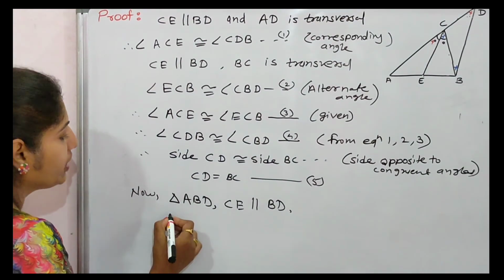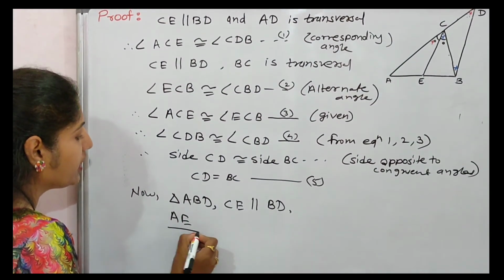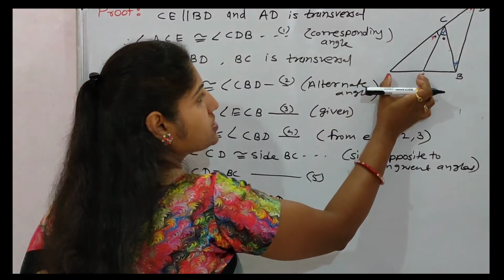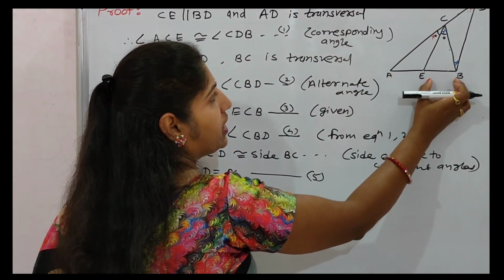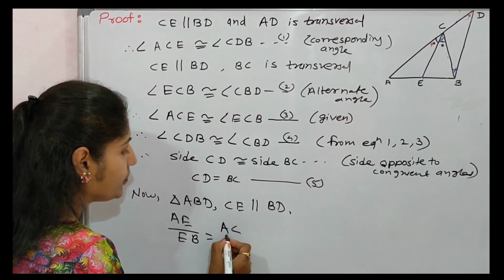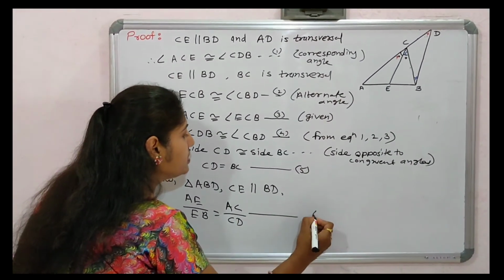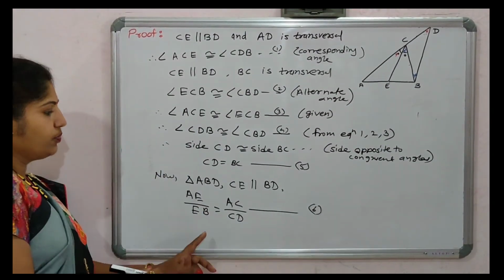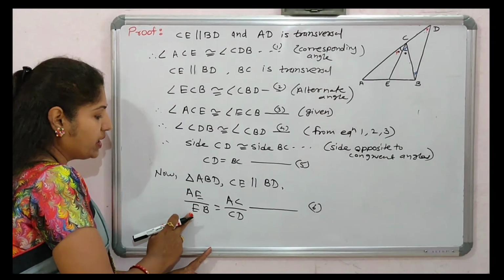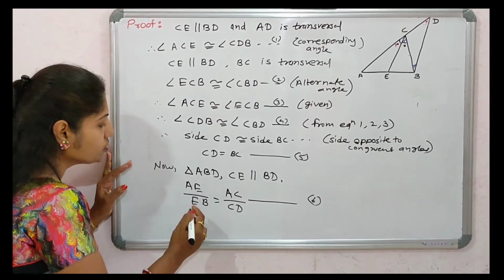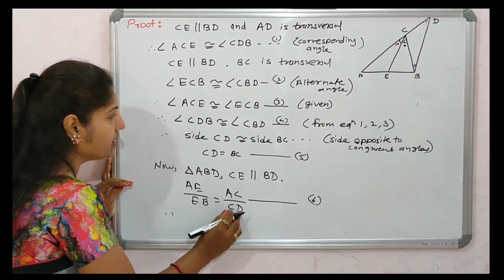By the BPT theorem we write AE upon EB equals AC upon CD. This is equation number 6. Now we have to prove AE upon EB equals AC upon BC. So we change the CD with